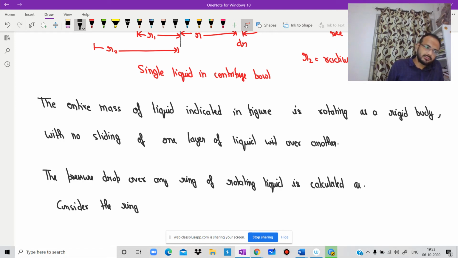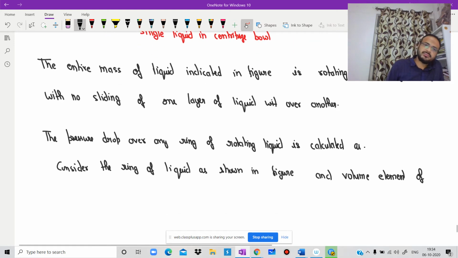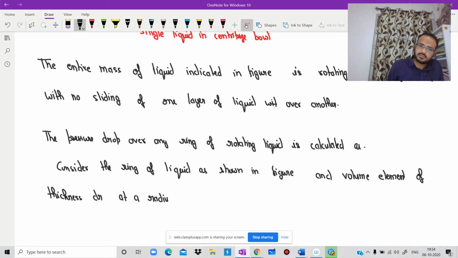Consider the ring of liquid as shown in the figure, and the volume element of thickness dr at a radius r is given by,